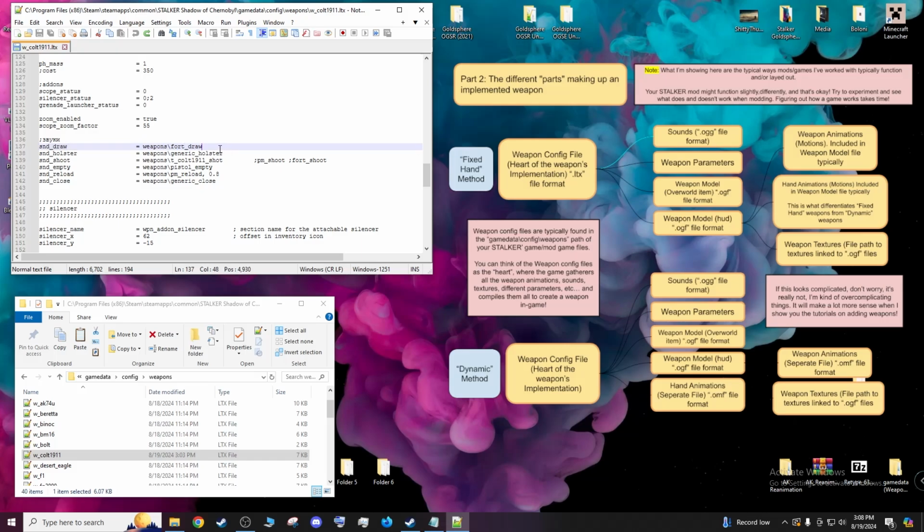will reference a certain sound file. Like for example, whenever you draw your Colt 1911 in game, it will reference this sound right here, weapons/fort draw. If you holster your weapon, it will reference the sound file weapons/generic holster. If you shoot your weapon in game, it will reference this sound, Colt 1911 shoot, right here. If you reference sound_empty, it will reference when the pistol is empty and you try firing it, but it won't fire. And whenever you try to reload your weapon in game, it will reference the sound right